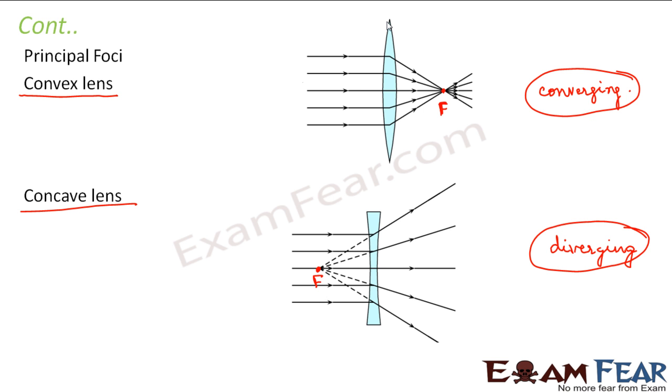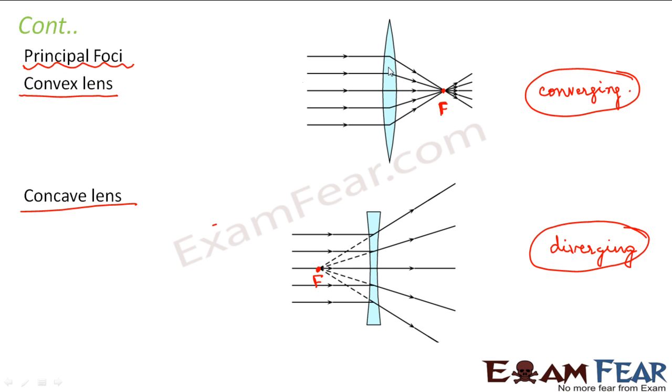Here if you see, since you have two spherical surfaces, it is like a combination of two spherical surfaces. So that is why you have two centers of curvature. That is why you have two radii of curvature. Now if you have two radii of curvature, that means you will have two principal focus as well, because when you consider this convex lens, there are two convex surfaces. For this convex surface, you will have one focus. Again, for this convex surface, you will have another principal focus. So you will have two principal focus as well. That is why we call it principal foci.